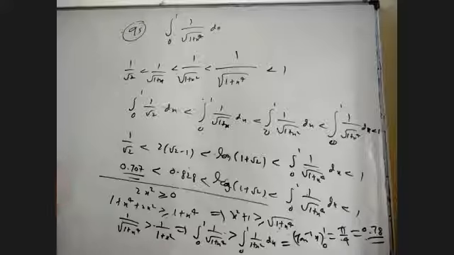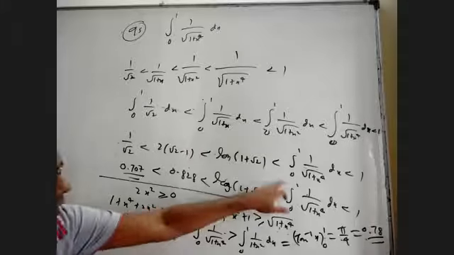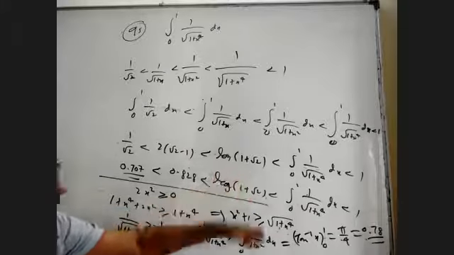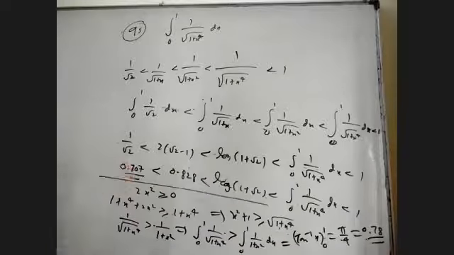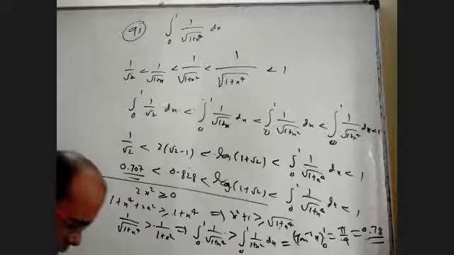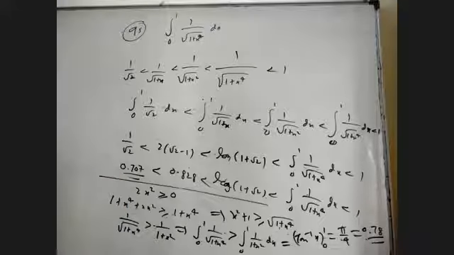So they can give an option as I greater than pi by 4 also. Sometimes they can give I greater than this, then you should know where this came from. Sometimes they can give I greater than this, they can give I greater than this. So you should have an idea what are the different functions that I can take which are close to the present function, either greater than that or less than that, which can be easily integrable.